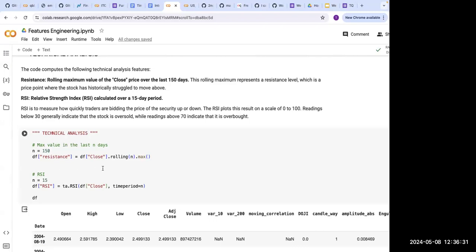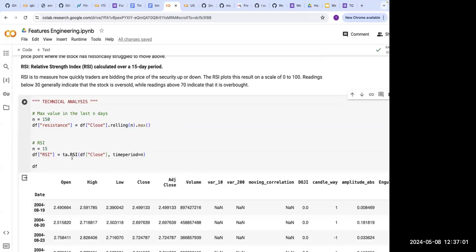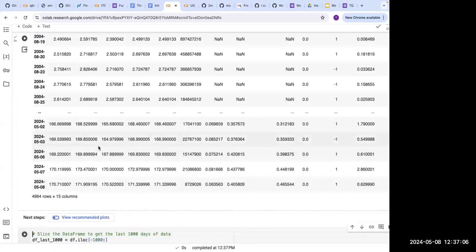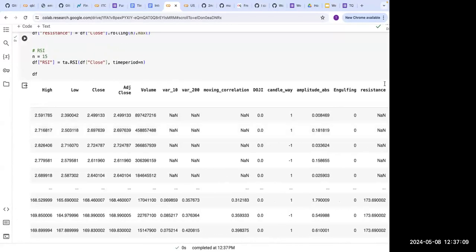So let's do resistance. Resistance is very easy. You just have to take a max value from the past n number of days. Here we are taking 150. So over the past 150 days, what was the maximum value? You can set that as a resistance point. RSI is just using a library, you can calculate RSI because that's dependent on the number of orders being placed and all those movements. For that, you can just use the technical analysis library. So once we do this, we'll see the resistance